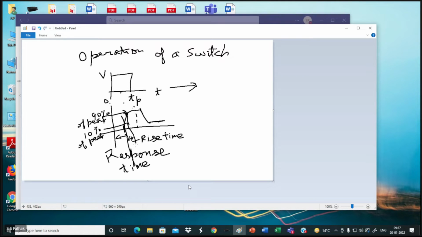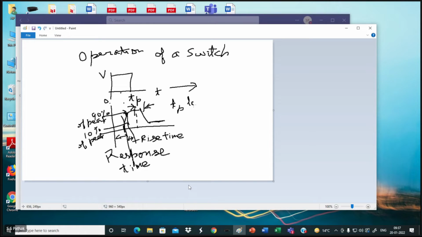This is a response time. So don't confuse. After the rise time, it remains up to TP. The pulse is remaining. Now the pulse is gone from here to here. So this timing, you can make a better diagram. I'm not very good at making diagrams. This timing, that means starting from TP